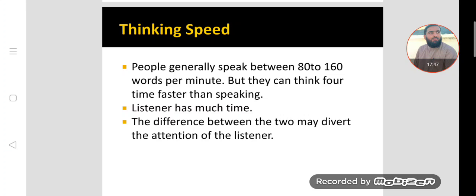It means, dear students, that when the speaker's delivery of speech is very slow, they are not speaking words very fast or in a quick manner, so there will be problems for the listeners. It distracts or diverts the attention of the listeners, okay? Because they need more and more information, they are not waiting for the slow tone of the speakers.